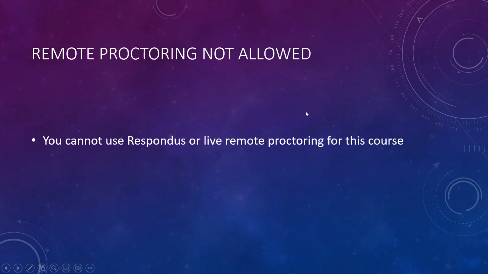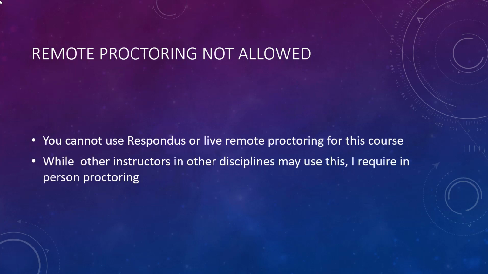When students find out that they're supposed to come to the testing center 3 times a semester, a lot of times they get upset. They say things like, well, my English teacher does remote proctoring, or, I've done this in the past in other courses, or even in another math course. That may be true. That is valid. For me, I have just found that it's way too easy for academic dishonesty to happen in a remote proctored environment. I know that nothing is perfect. No testing environment is going to be perfectly free of cheating, but that is what I've decided to do this semester. Other instructors might use remote proctoring. This is what I'm requiring.